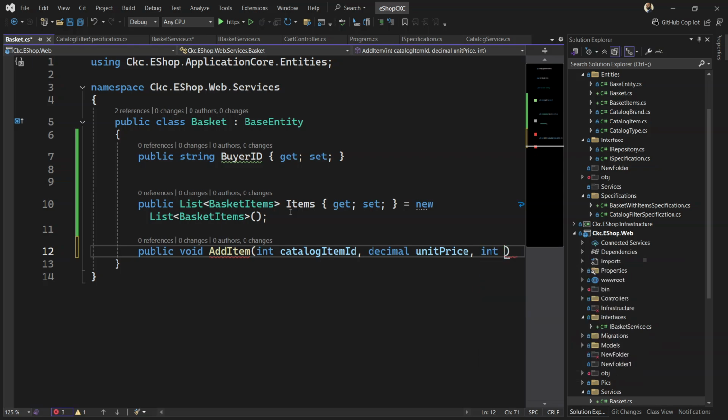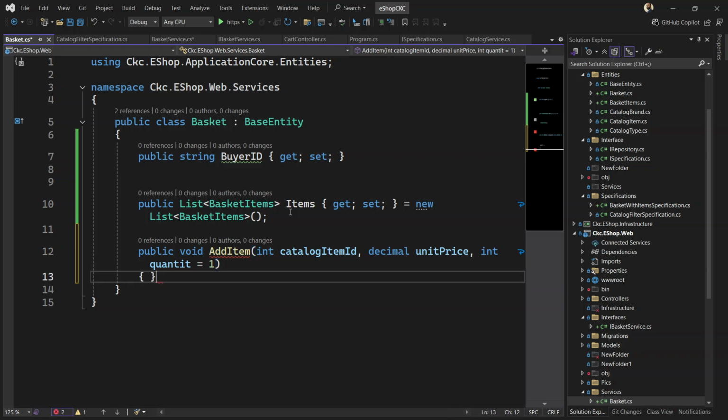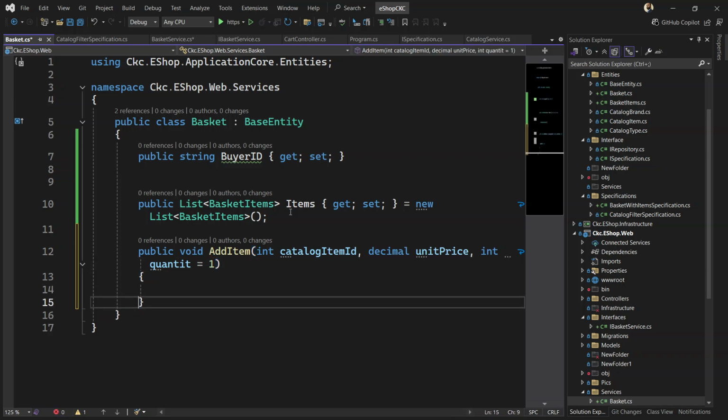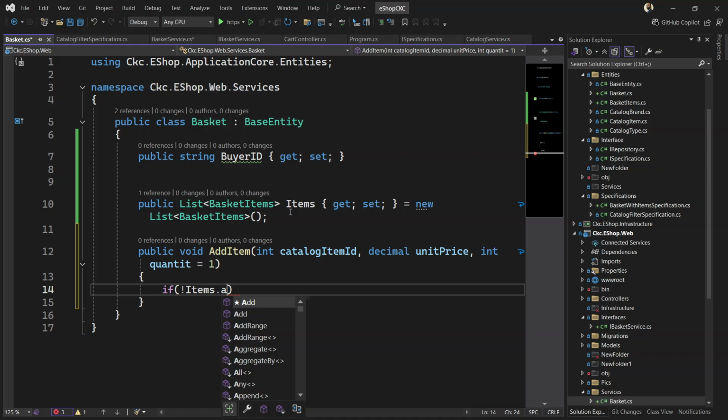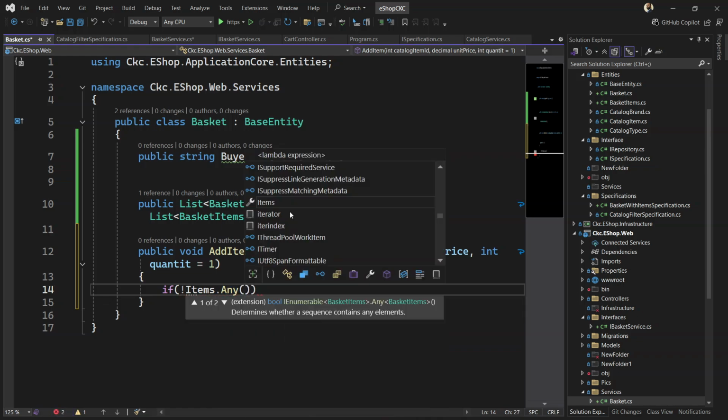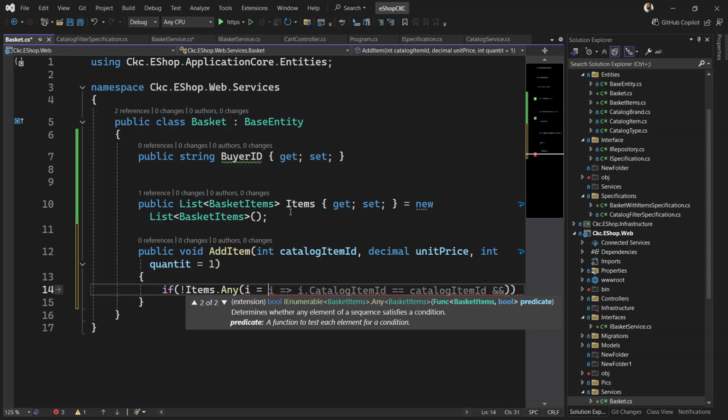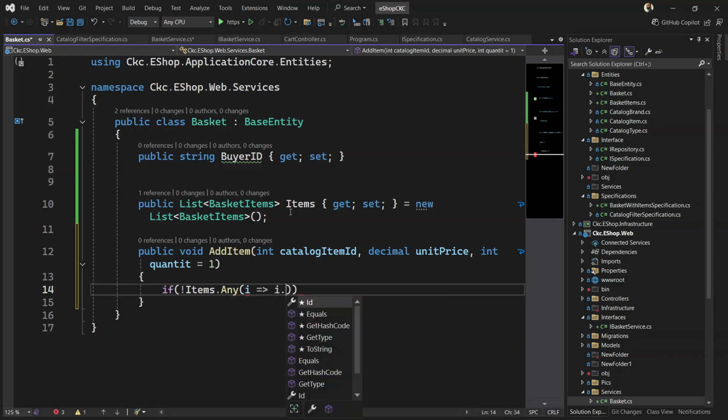We need a quantity as well, which is going to default to 1 if not provided. What we are trying to achieve inside this is to check if there are any items based on the criteria that we are going to provide. So if I go to i.catalog,